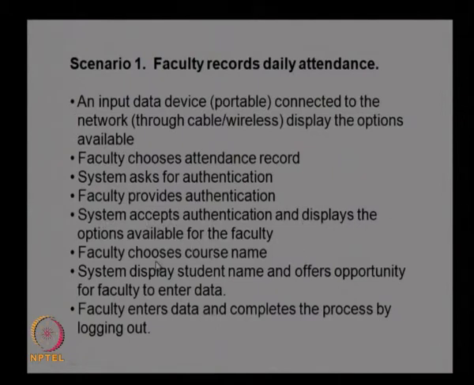Faculty chooses course name, then the system displays student names and offers the opportunity for faculty to enter data, and then faculty enters data and completes the process by logging out. So, this is one scenario where faculty records daily attendance.